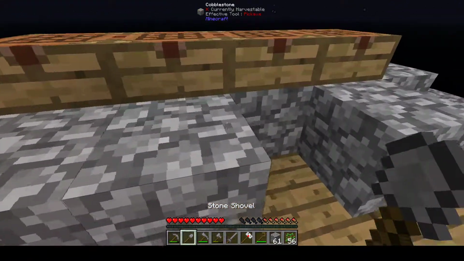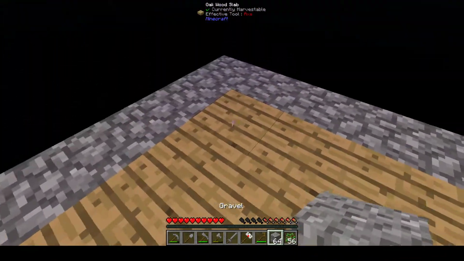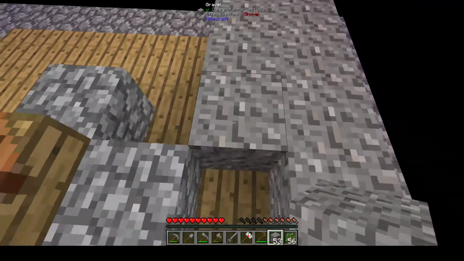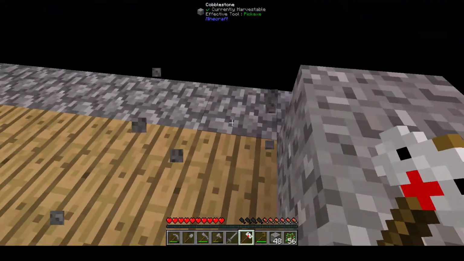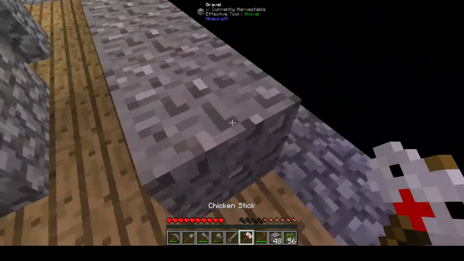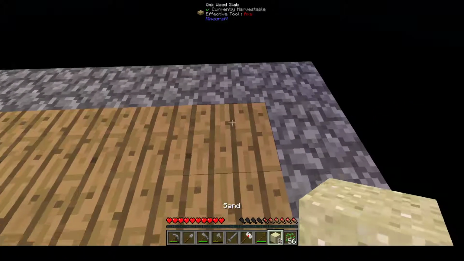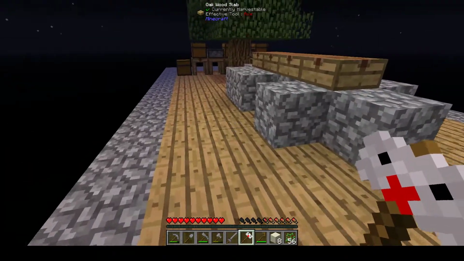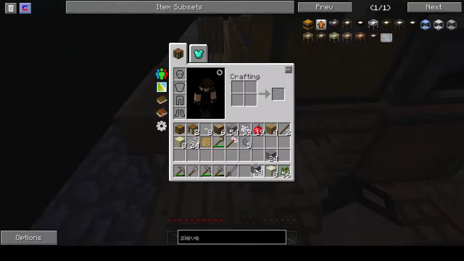So we've got some gravel. Let's get 3 more. Might as well get an entire stack, mightn't we? There we go. So now when I use the chicken stick on gravel, turns it into sand. Alright. And that turns it into dust. And then to use the sieve, we get our gravel, our sand,